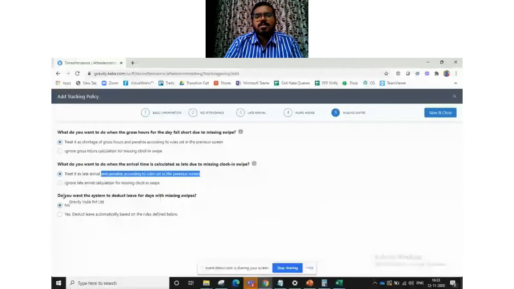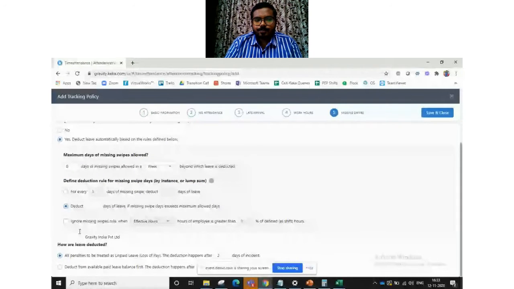And this is the actual thing. Do you want the system to deduct leave for days with missing swipe? If it is no, the system will ignore all the missing swipes. If it is yes, you have to give the rules here. So let's say we're going to deduct 1 day for missing swipe, and now let's make the allowed days 3 days in a month.